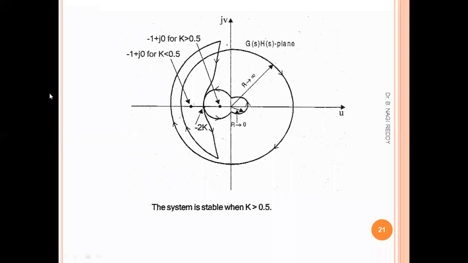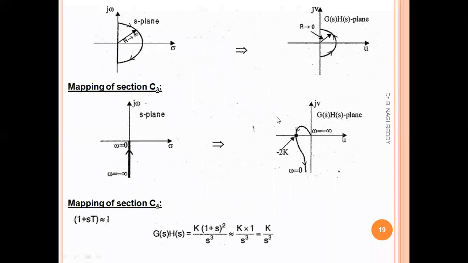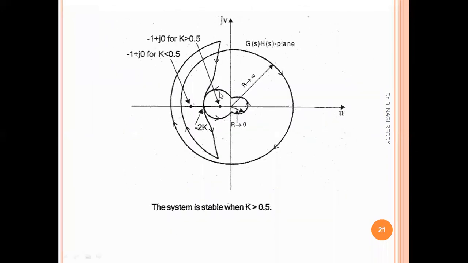Next, C3, which is opposite to the C1. So this is C1. The C3 has to be opposite to the C1. So it has to start from 0 to infinity. You can check the directions also. We have got the same directions for the C3 section also. This is the C3 curve starting from 0 and it is going towards minus infinity. And you can see the directions. So we need to keep the same directions because directions are very important in the Nyquist plot to determine the stability analysis. Okay, so that's why you can see for the C3 curve the direction is starting from 0 and going towards minus infinity.